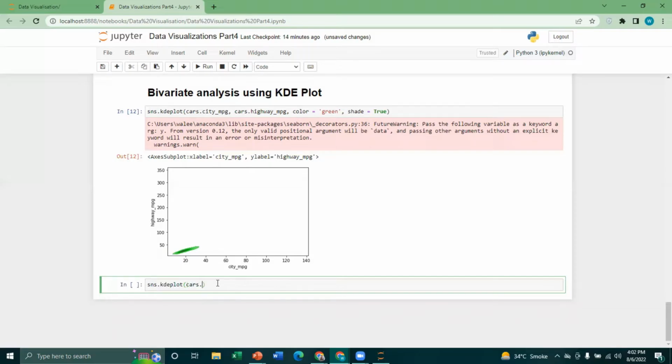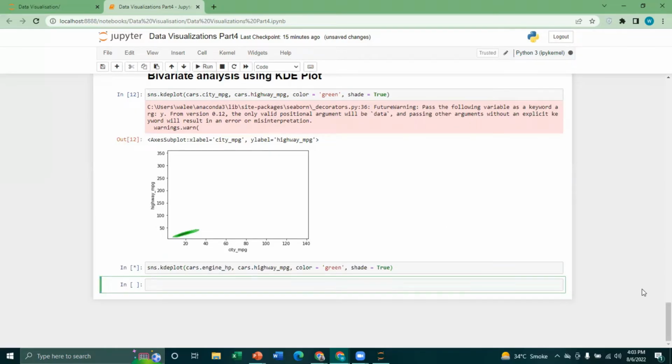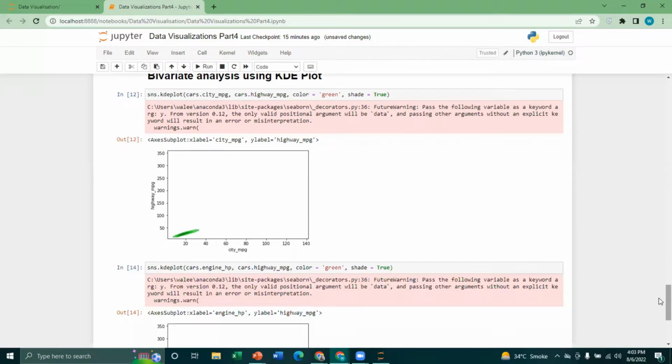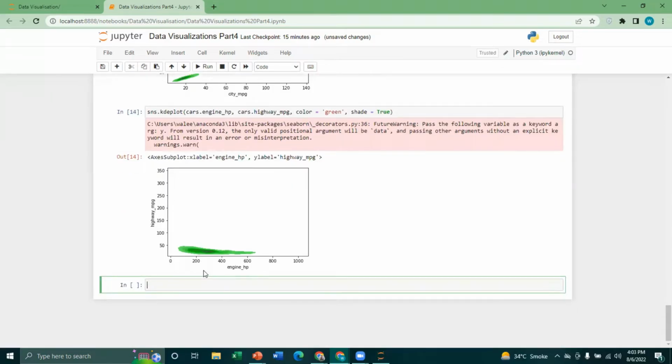sns.kdeplot cars.engine horsepower and cars.highway mpg, and I will pass the color of green and the shade as true. Let's run it. As you can see, if the engine horsepower is between 200 to 400, then the highway MPG is between 10